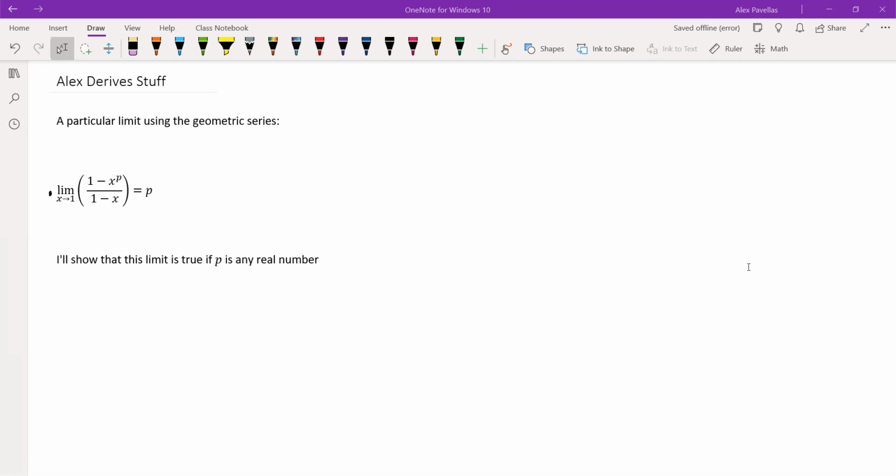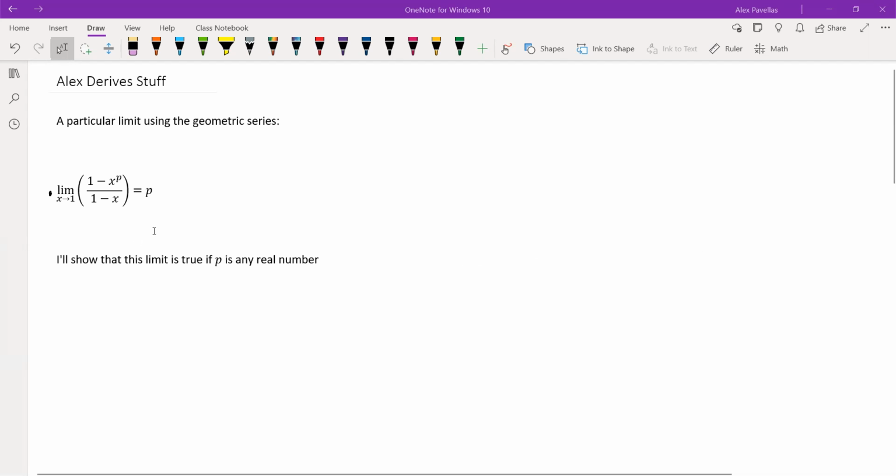Okay, so this is the limit right here. The limit as x approaches 1 of 1 minus x to the p over 1 minus x is equal to p, no matter what this p is. All right, and then what we'll end up doing in this video is I will show you that this limit is true no matter what p is, if it's any real number. If I'm really feeling it, I can probably show you that it's true for any complex number as well. But anyway,